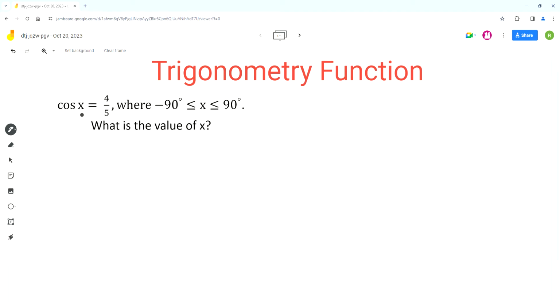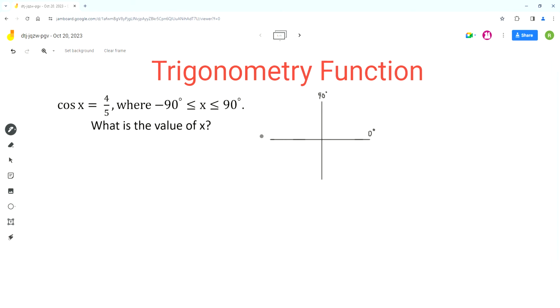So for this problem, the first step is to analyze the given domain. The domain for this trig function is negative 90 degrees to 90 degrees. So let's draw it out on the XY grid. We know that we can show the angles on these four quadrants. We start measuring the angle from the positive x-axis in the counterclockwise direction. So we start at 0 degrees and then we get 90 degrees,